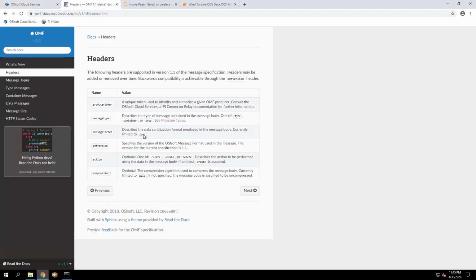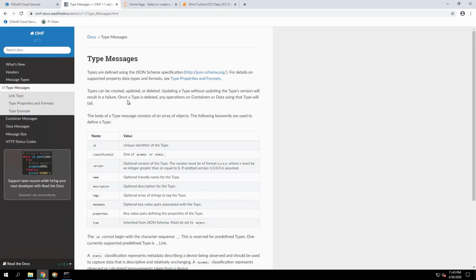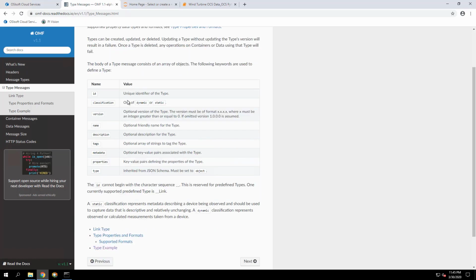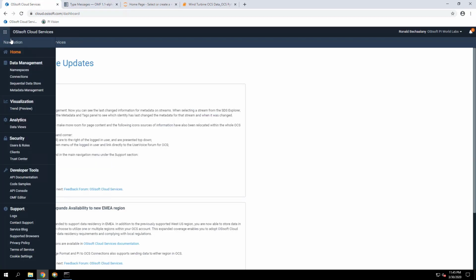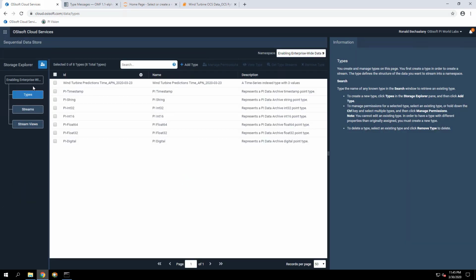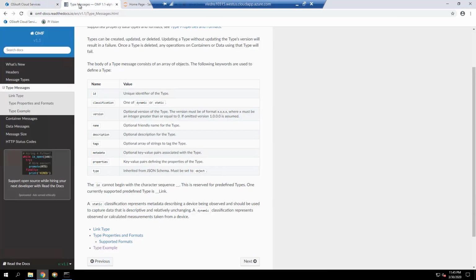Again, we have three message types. If we look at type messages, type messages are when you're creating a type. So in OCS, if you want to create a type, like float32 or a different type, or the types we see here in the sequential data store, which we've already created using the OCS agent, you can create your own type using OMF.